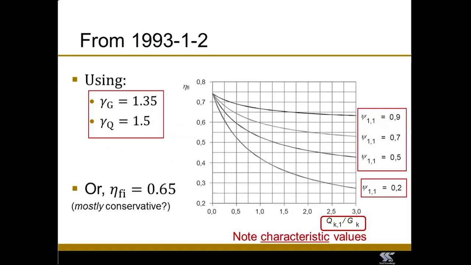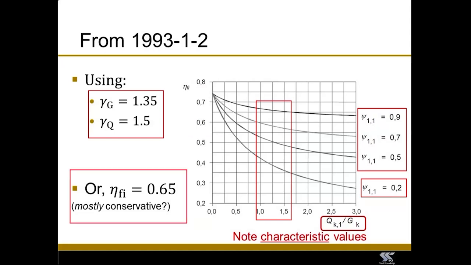Okay, so we would work out the ratio Qk divided by Gk along the bottom. I suppose most of the time it's in this sort of zone. If you think about the variable action that you might use, 2.5 kilonewtons a square meter, maybe. What would be the permanent action to support 2.5 kilonewtons a square meter? Well, maybe about the same, maybe a bit less, maybe a bit more. So somewhere in that sort of area. And for different types of floor loading, you could interrogate those curves. Or